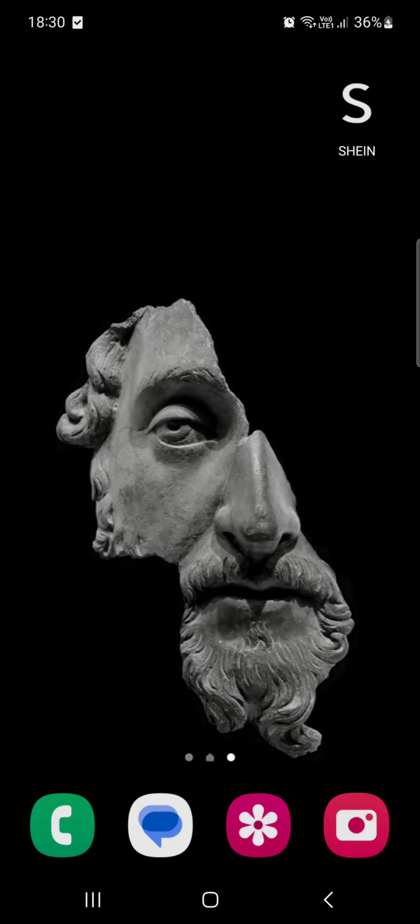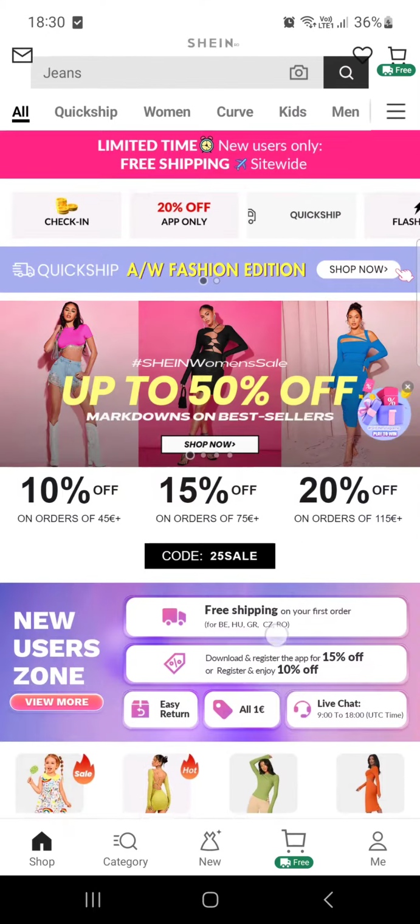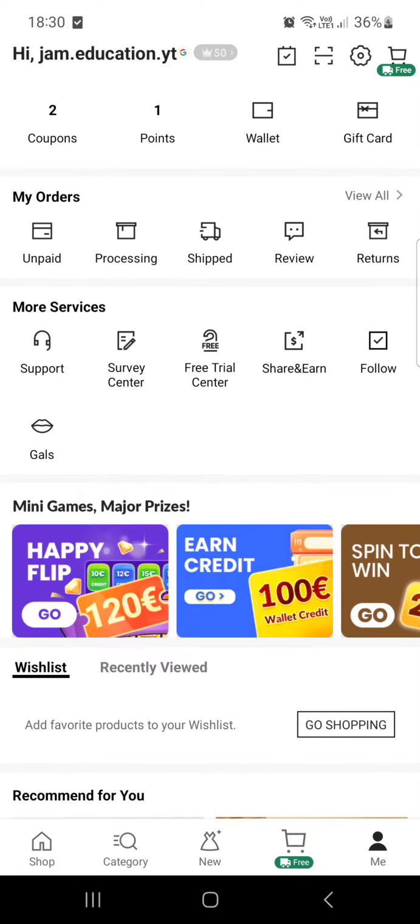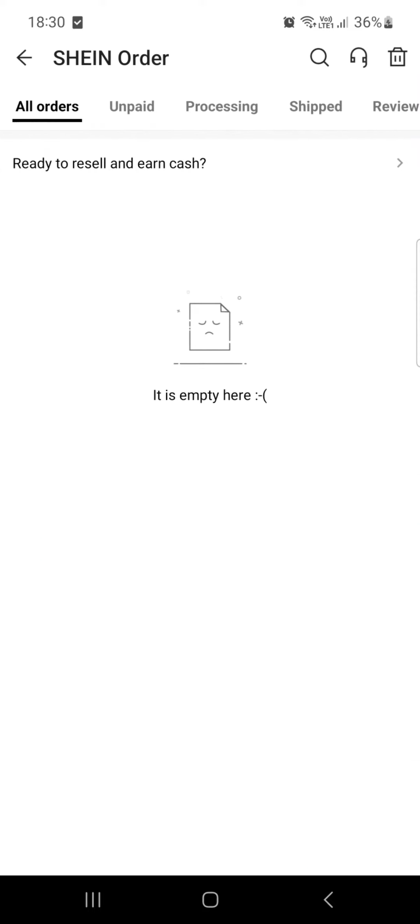First, let's open the SHEIN app. Here it opens up in the shop menu, but we have to go into the Me menu. Here in the Me menu, there's a row of things that relate to my orders, and if we tap on View All here, we can check